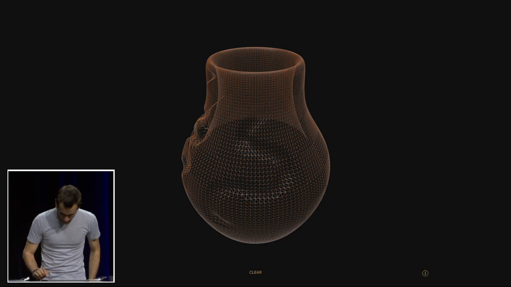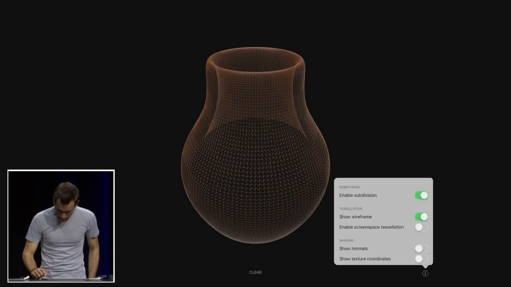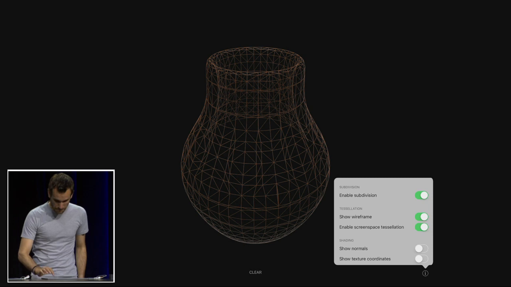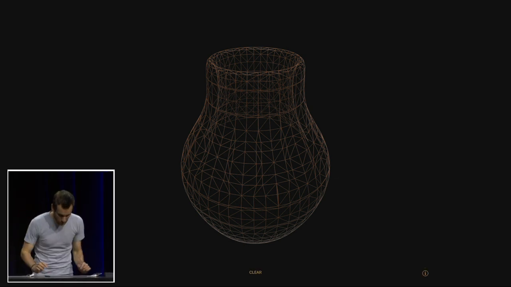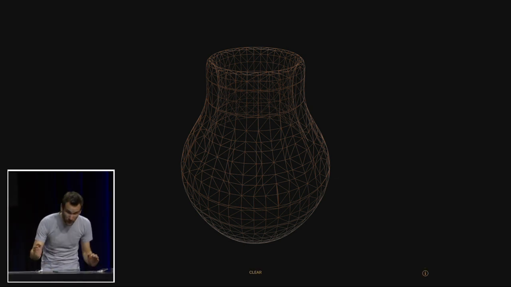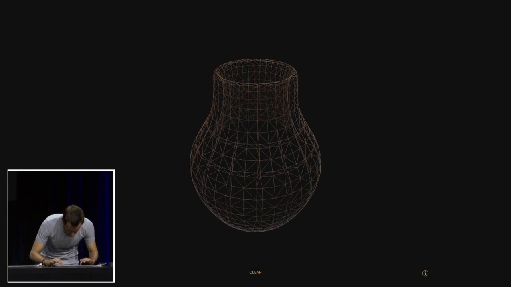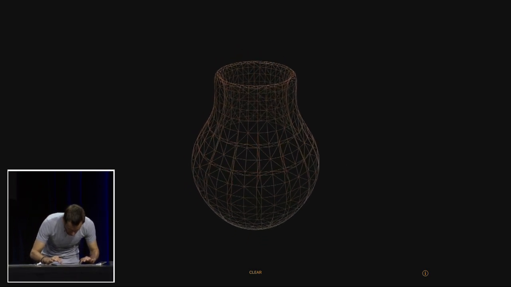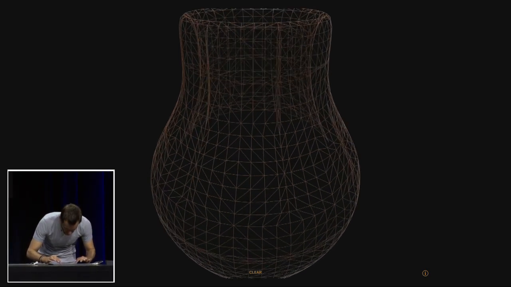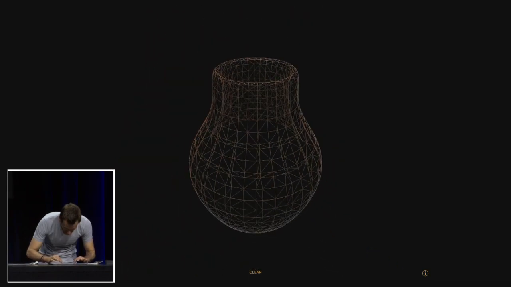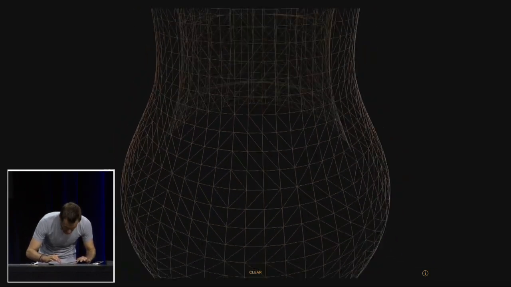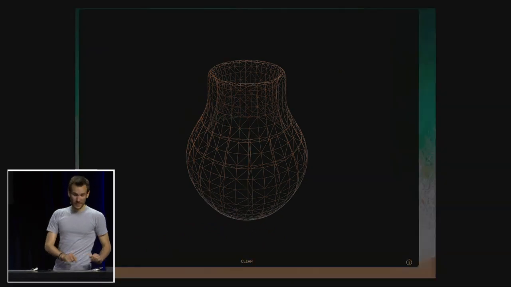Now, let's clear that. And just for fun, let's enable screen space tessellation. Now, I will pinch and take a look at what happens when I get close or farther from the object. SceneKit will come up with new tessellation factors, and it will create new vertices on the fly. And that's it for the demo.